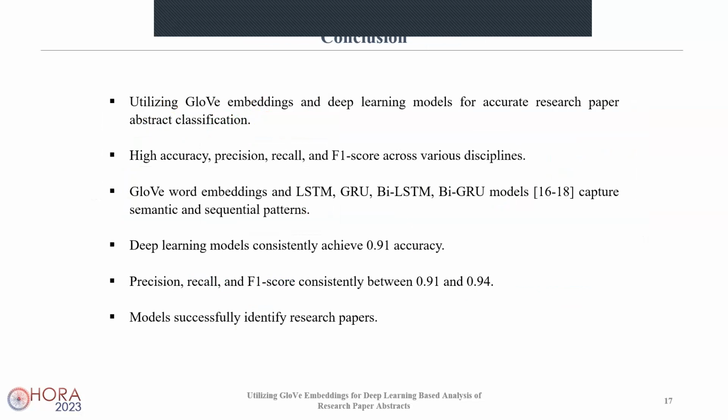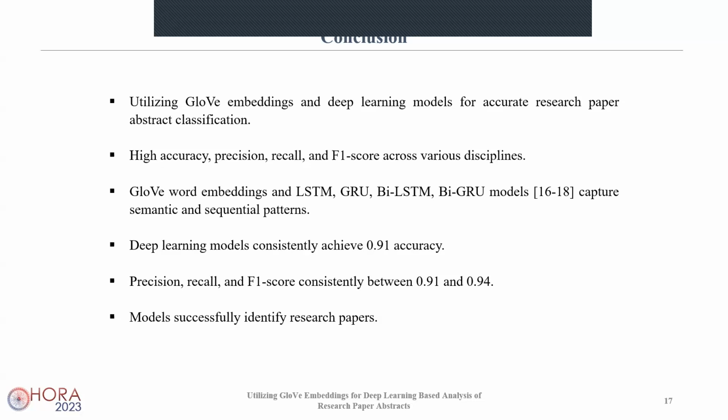In conclusion, our research demonstrated the effectiveness of utilizing GloVe embedding and deep learning models for accurately classifying research paper abstracts. By leveraging GloVe word embedding and employing LSTM, GRU, BiLSTM and BiGRU models, we successfully capture both semantic and sequential patterns within abstracts. The deep learning models consistently achieve a high accuracy of 0.91, outperforming traditional machine learning approaches. Precision, recall and F1 score consistently range between 0.91 and 0.94, indicating the model performs strongly in abstract classification across